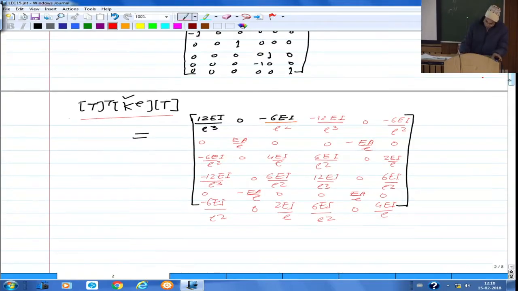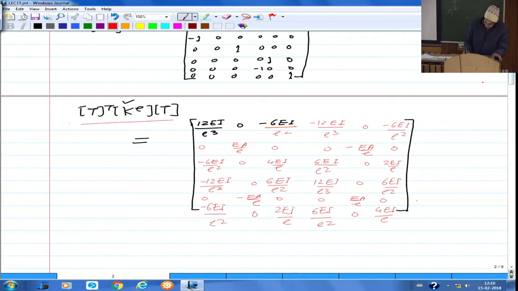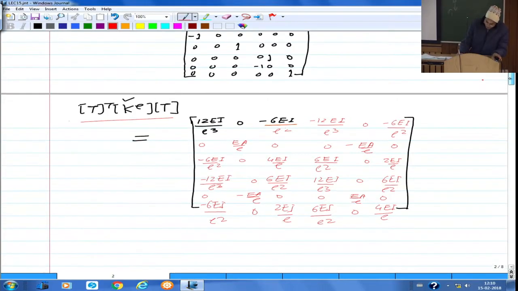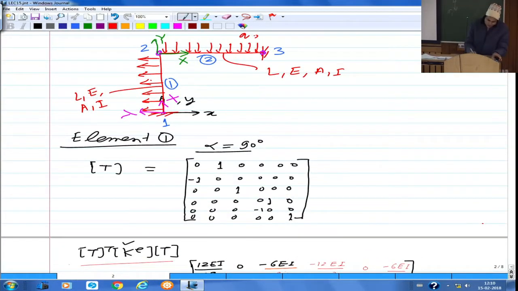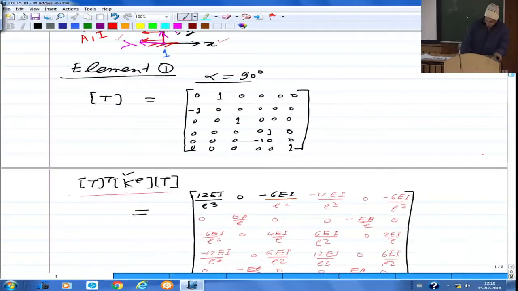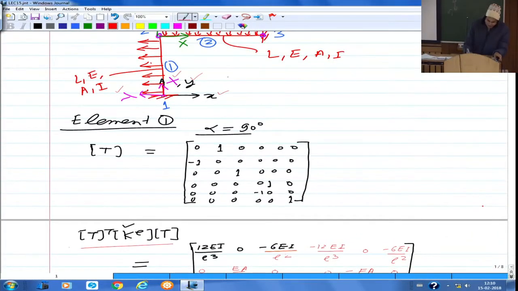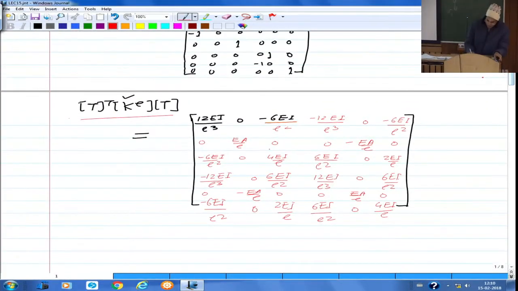Although we are getting this mathematically directly, you can see some correlation with the coordinate axes. See, local x is actually aligned with the global y, and local y is aligned with the negative direction of global x. So accordingly you will find that since the axial direction is actually global y, the axial stiffness terms have gone with the second degrees of freedom. Degrees of freedom, no, first the displacement along x, then second the displacement along y. So here